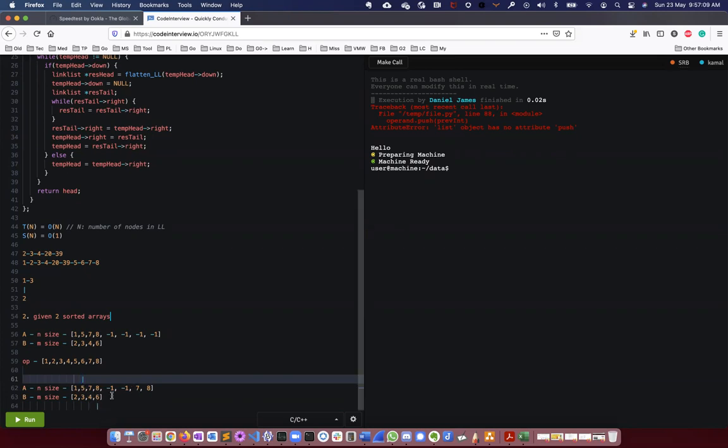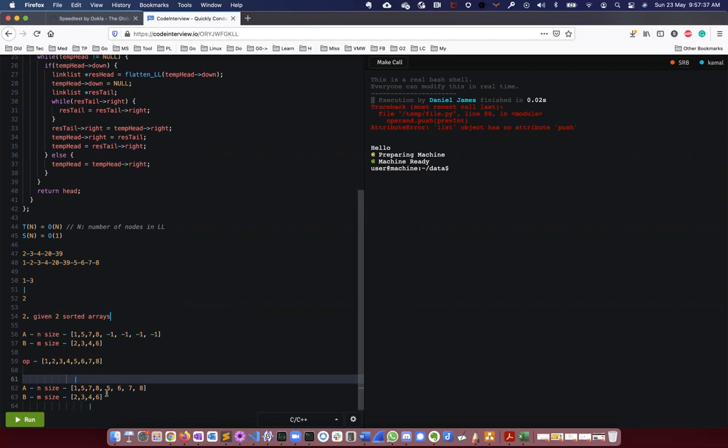Then between 5 and 6, I put 6 here because 6 is larger, and move the pointer of B to the left side. Then 5 and 4, 5 is larger.